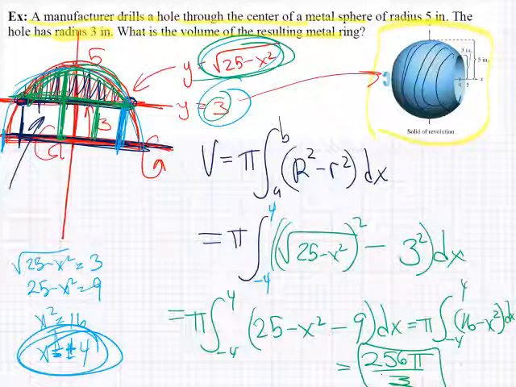So we have our disk and we have our washer method. Next thing we need to learn is the shell method, which will make the previous example a lot easier to do and will give us a ton of flexibility when it comes to finding these volumes of revolution. One thing to remember is that the disk and washer method, your rectangle has to be perpendicular to the axis of revolution. Has to be. And so you could look at the axis of revolution and automatically know what kind of rectangle you need to